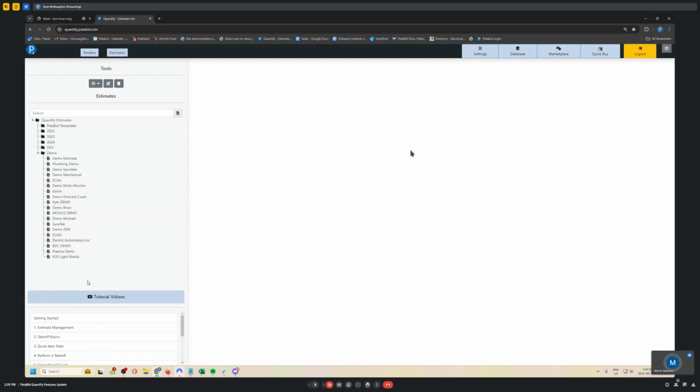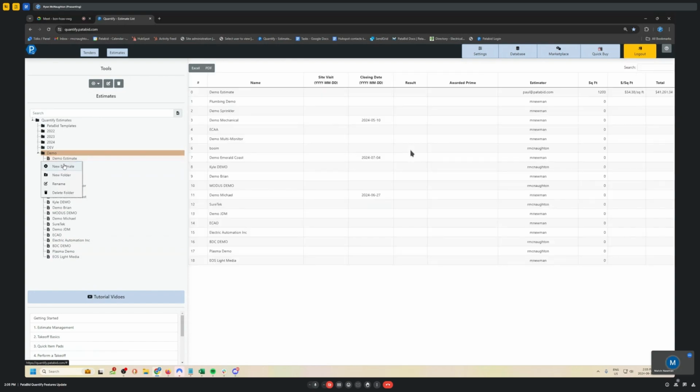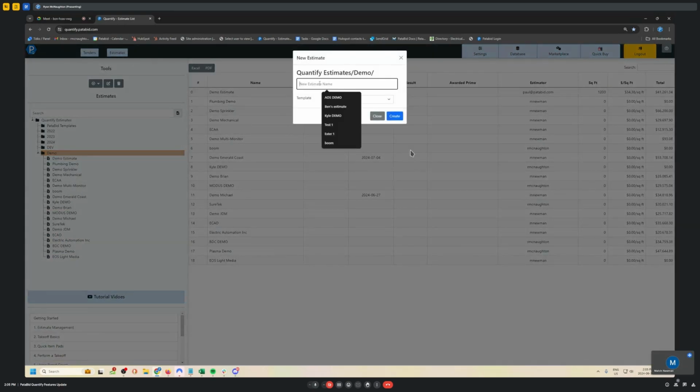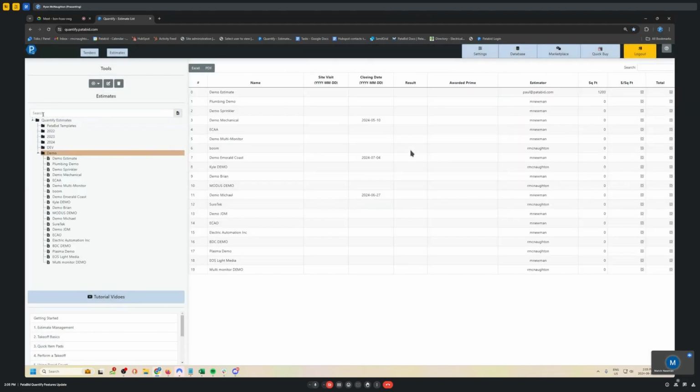Do a run through of some of the new features with PataBid Quantify. There are two key new features that we want to talk about. The first one is exactly what Ryan has done here. When you click on a folder, you can now see all of the details on the estimates that are within